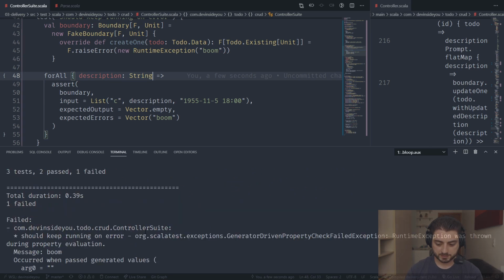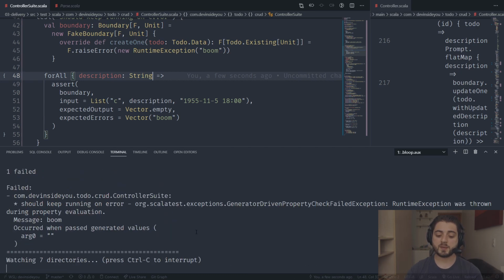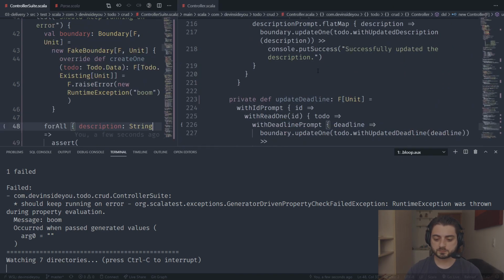All right, what is happening? RuntimeException was thrown during property evaluation. Yes. Message boom, passing generated values. So basically nothing in the controller actually catches this exception. So what we need to do is go into the controller, and we need to say